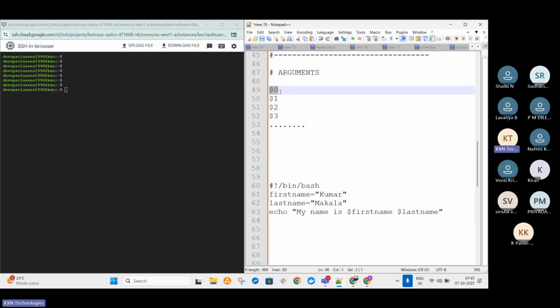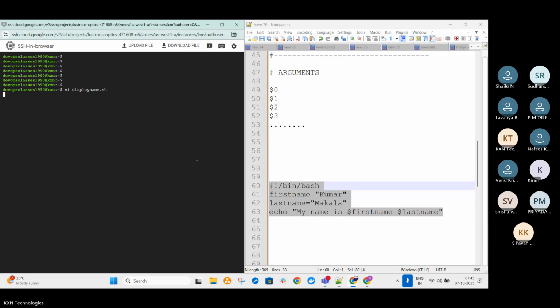So $0 means, when you are working, maybe with the same example we'll try. Okay. So same example, you are already familiar, like what we were talking about, right? So here itself, with an example I'll show you. $0 means the script name. I'm echoing $0. Okay. If I execute this,